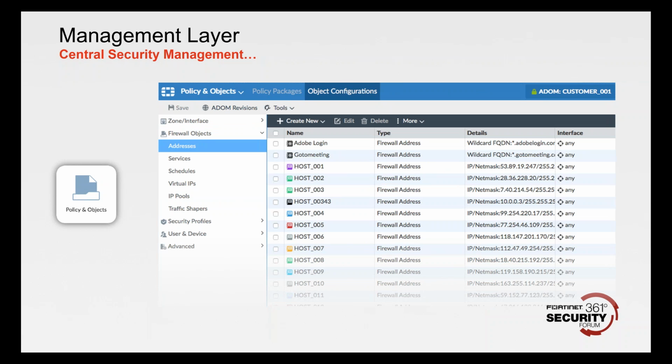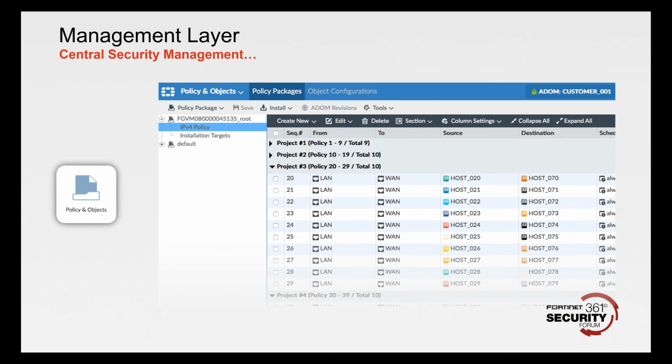And as I said, the objects as well, so you can configure how you want to manage the policies and objects within the environment. What do you want to set up within those objects? How do you want to set up certain policies? And then push those policies out and implement them within the FortiGate units out there. So there's a complete package within that, and you can create some common policies, standard policies that you want to implement across a lot of your different platforms and drop into those different FortiGate units as you deploy them.